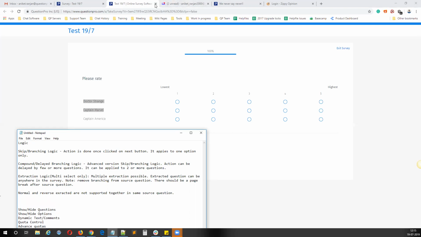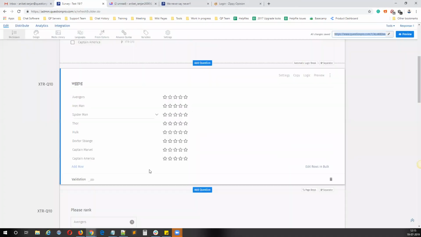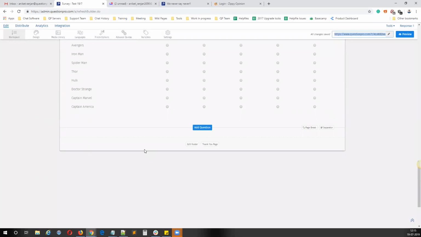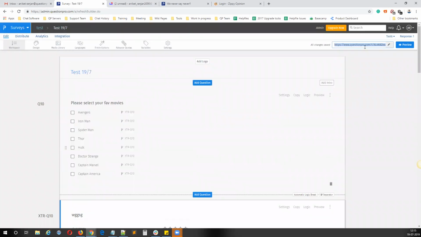Now I want to remove the extraction and apply the normal extraction logic. How to do that? Any guess? Now I want to apply normal extraction to all these questions. So how can I do that? In logic, in the extraction, we can remove that. Right now if I am clicking on the survey link,